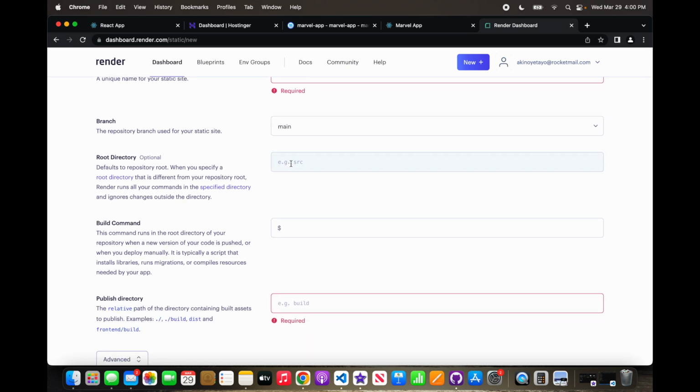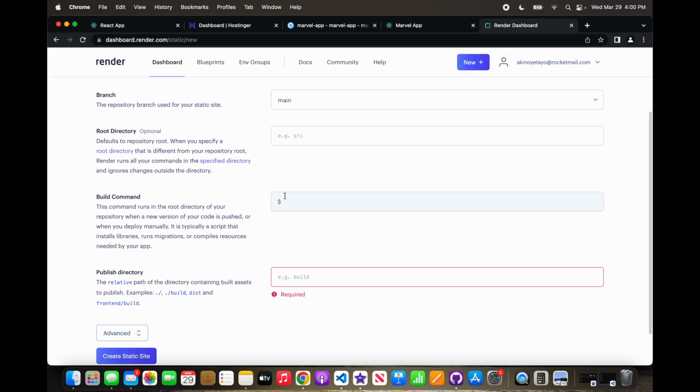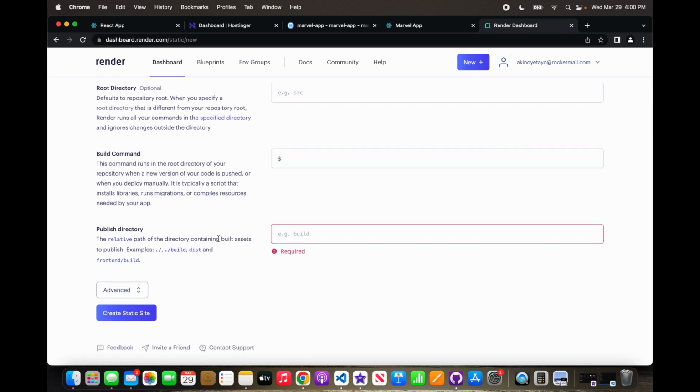For the root directory, you're going to call it client because it's client. For the build, just think about how you ran the build command in the one we just did before we put it on Hostinger. It's going to be npm run build. For publish directory,